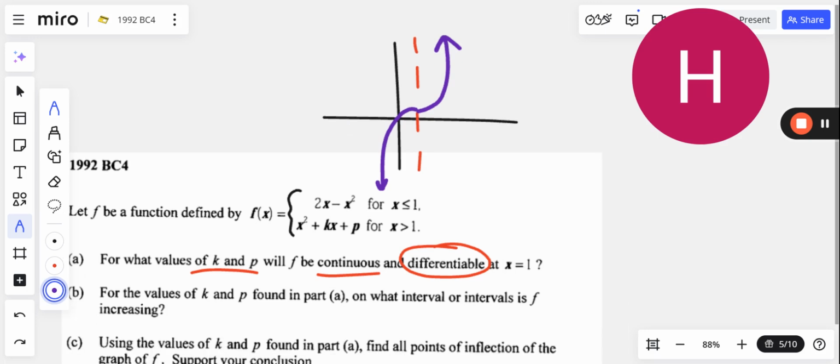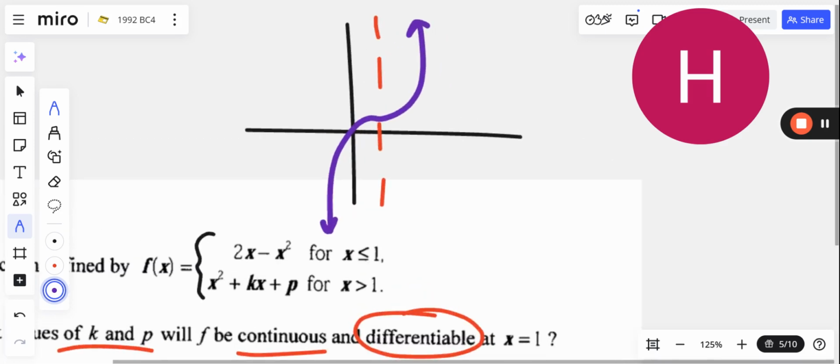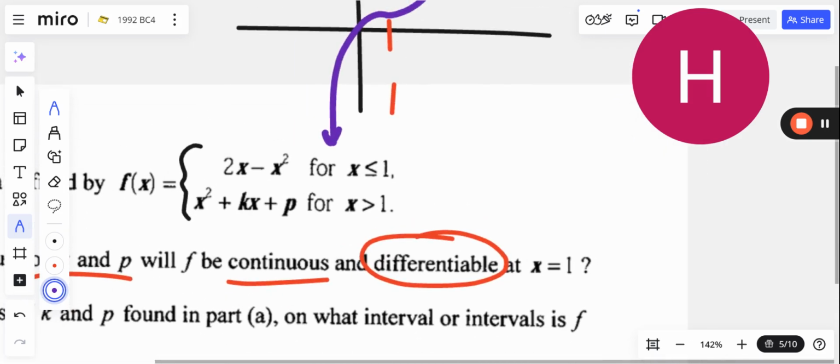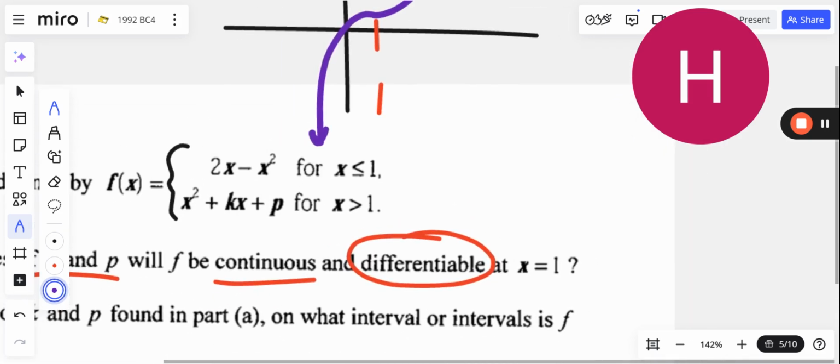That's not as obvious to you maybe, but it's true that it has the vertex there. So we would need to be at the vertex of this other parabola in order for it to be smooth. That's just something useful to know. But realistically, what we would do with any piecewise function is we would make sure that it's continuous by saying